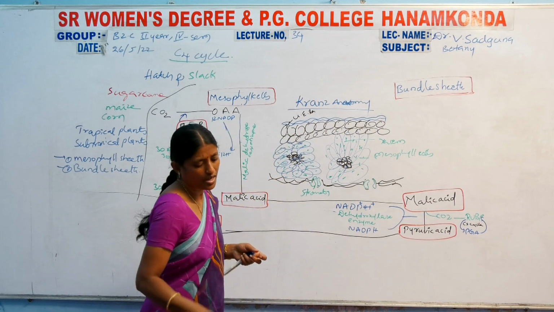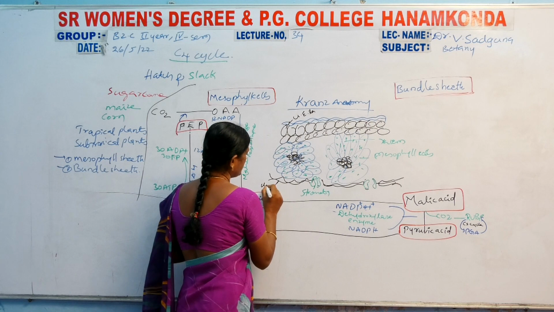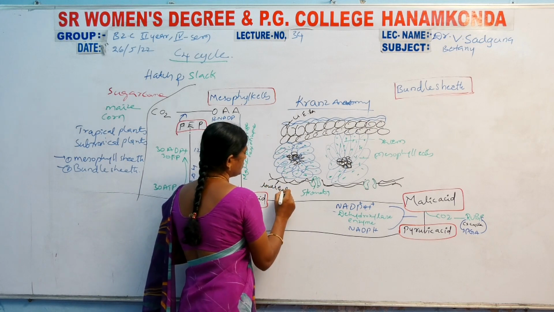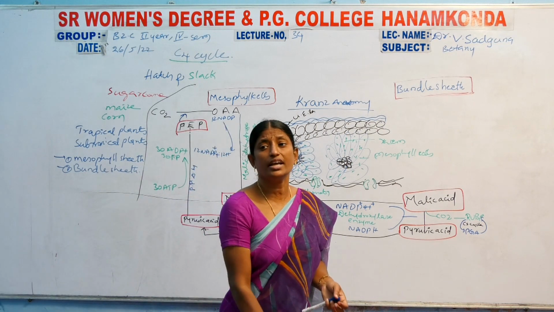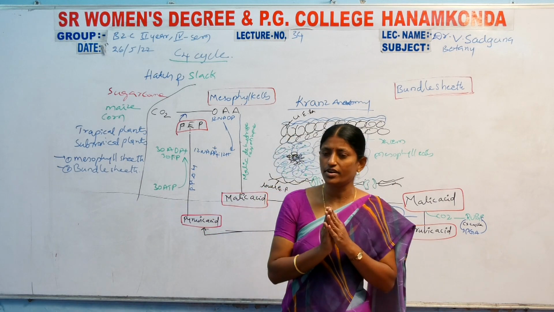Then this one is the lower epidermis. So the Kranz anatomy is mostly involving the bundle sheath surrounding the sheaths,